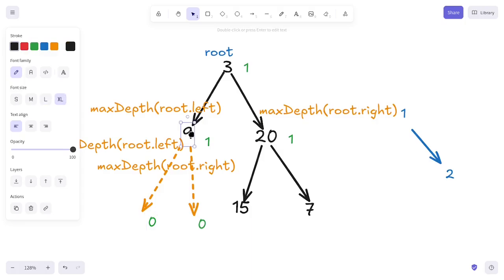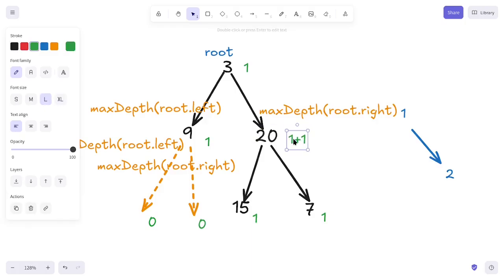Let's say we have an uneven branch from the 9 and 20. Since 20 will return, we have 1 right here, and we have also 1 right here. And since 20 has the same branch on the left and right, equal heights, then of course we compare these two to see which one is the highest value, and we inherit this value up to the 20, since 1 is the only winner, and we count the 20 itself by 1,